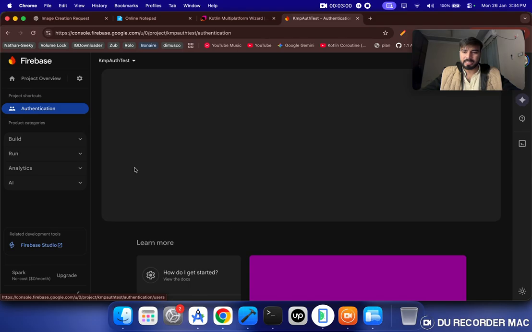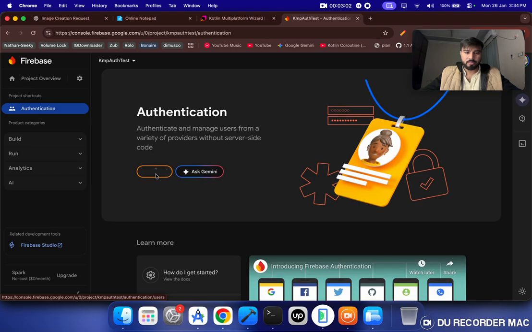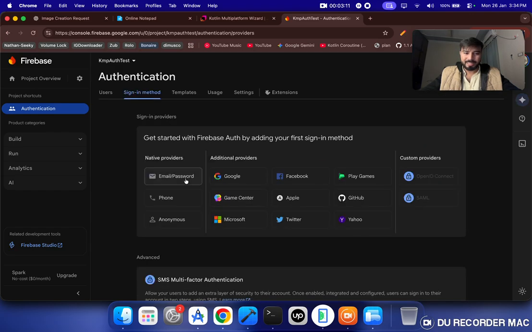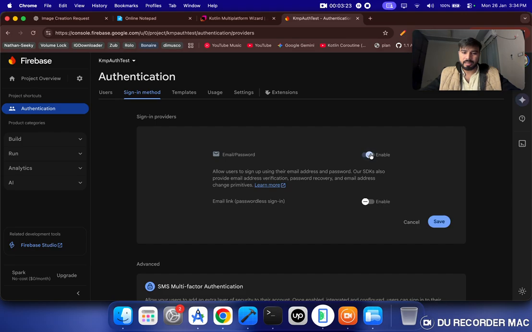We go in the authentication, we click on get started. Okay, wait some time. We'll use email and password. You can use anyone, but for the code I'm going to show you, you can use any of the things if you just modify the code a little bit. So we'll use the email and password. We will enable this